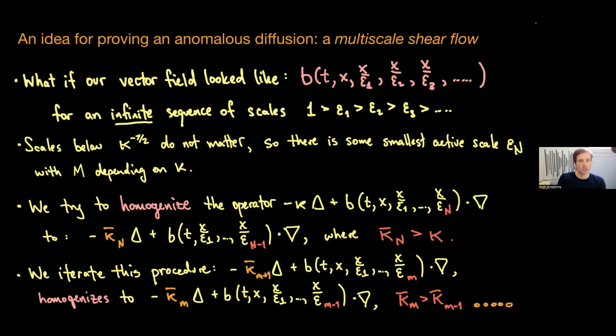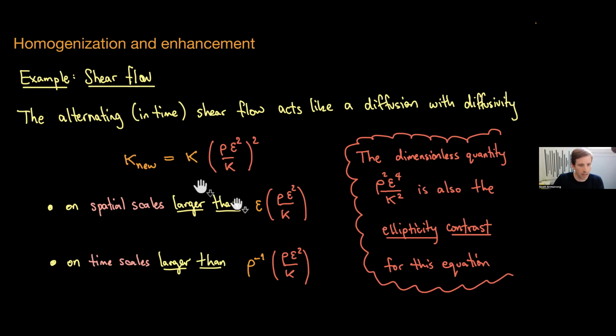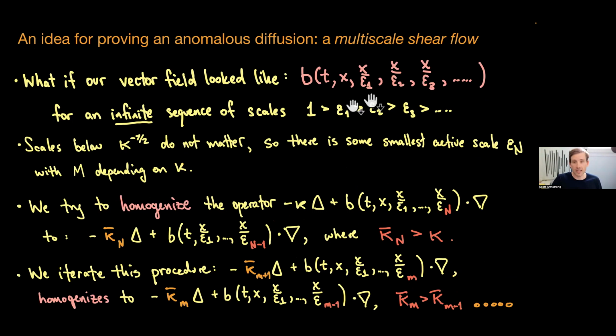Okay. So the idea then is very simple. You just want to take the thing that I just described for the alternating shear, and make that happen on a sequence of scales so that you get a recurrence relation, let me see if I can go back, a recurrence relation between two scales. Okay, so you want to just make a machine that does this over and over again. So we make an infinite sequence of scales, and we make the vector field oscillate on those scales.